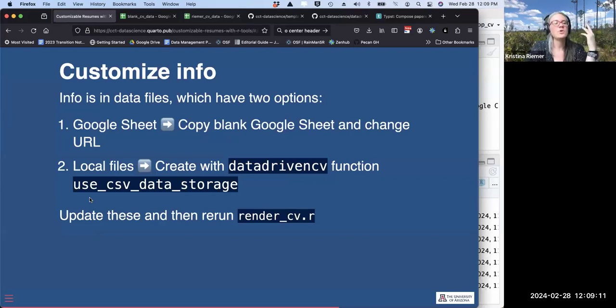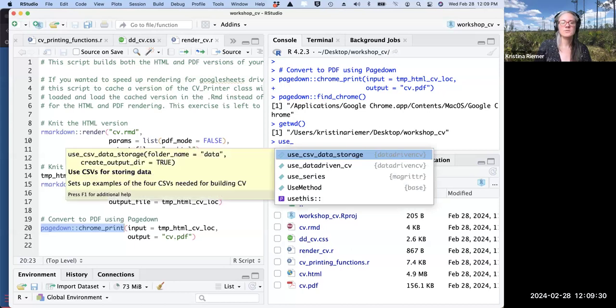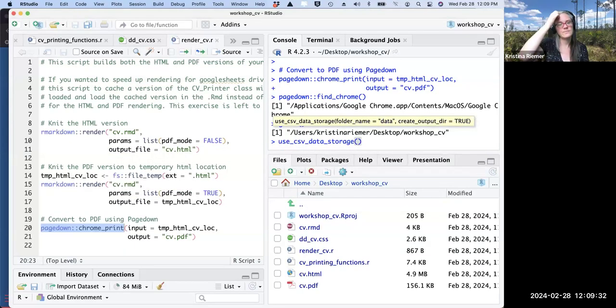The other option, if you don't want to use Google Drive or you don't have access to a Gmail account, is you can also basically create these same files, but locally. There's actually a function in Data-Driven CV that does this, so I'll show y'all how to do that. The function is called use CSV data storage. If you just run it like this as is, there are some arguments to it,